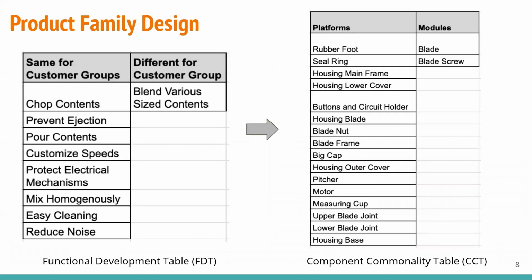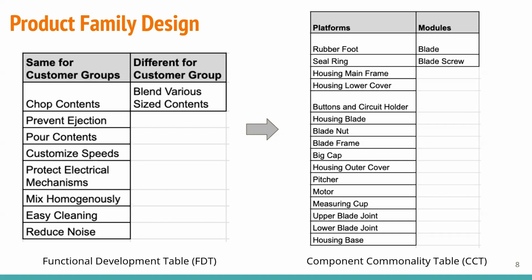To begin the family design process, we started with a functional development table where we have two columns differentiating the functions for the two customer groups, restaurants and home users. Based on this table, we found that the only function that is different between customer groups is blend various size contents. Using the function component mapping matrix, we connected this functional differentiation to components. This information is presented in the component commonality table, where the modules are the components that meet the blend various